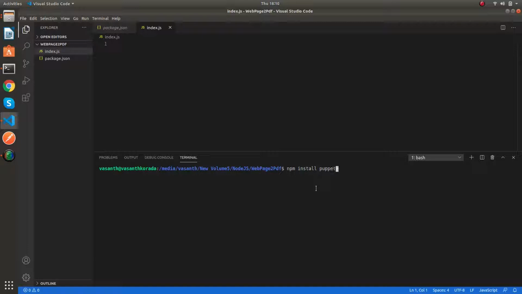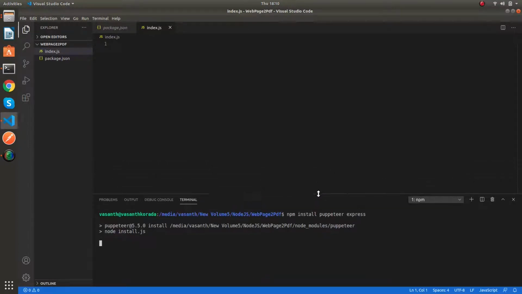It is Puppeteer, and now we're also going to use Express. Express is also a node library which helps in creating servers.